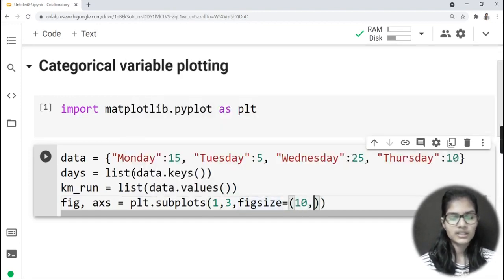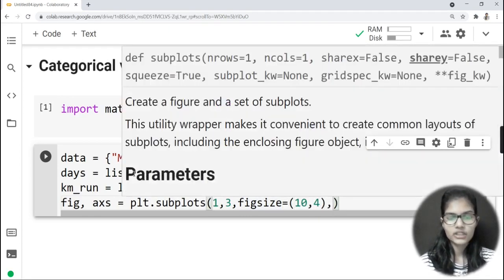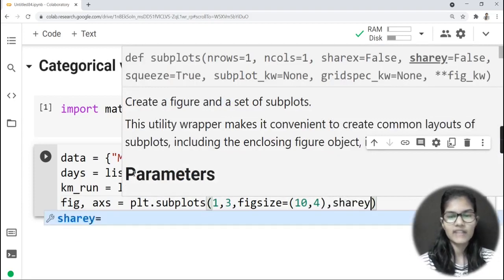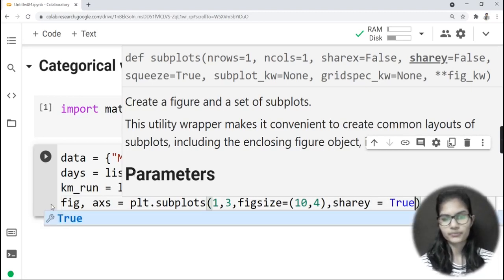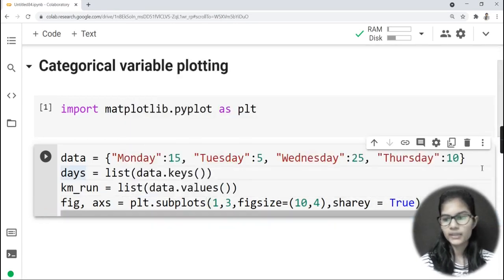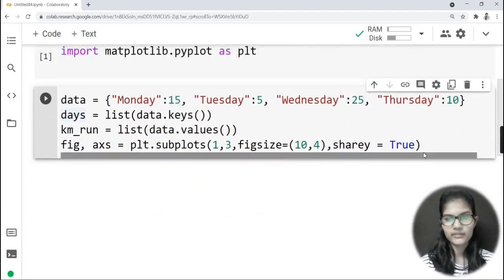So, let's say I want the figure size to be 10, 4. Okay, length should be 10 and the breadth for that should be 4. Right, other than that, I'll put a comma here, and basically we have another parameter, and that is sharey. Okay, sharey is another parameter, and I would just put it here as True. Fine. So this is the way I have made my variables fig, comma, ax, and stored